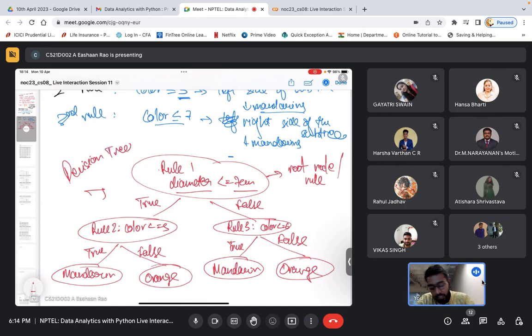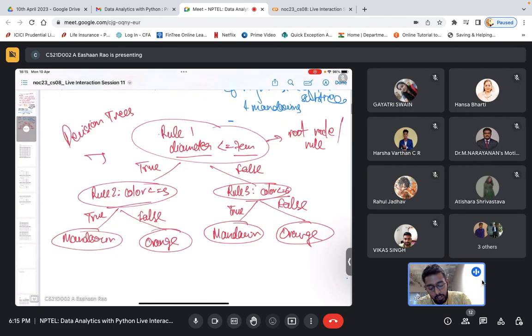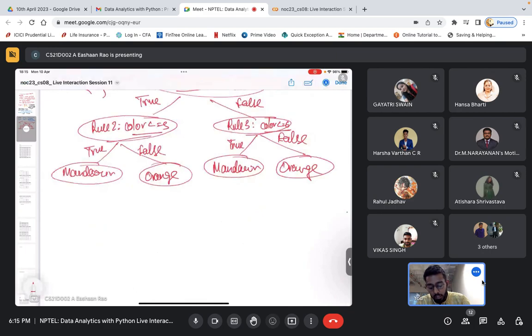Now the important thing is here we are only focusing on rules and like that, but we have to consider certain other aspects. So what are those aspects? Now I have taken color less than 5 or color is less than equal to 6. So the natural question that we should ask is how does this decision tree or CART algorithm